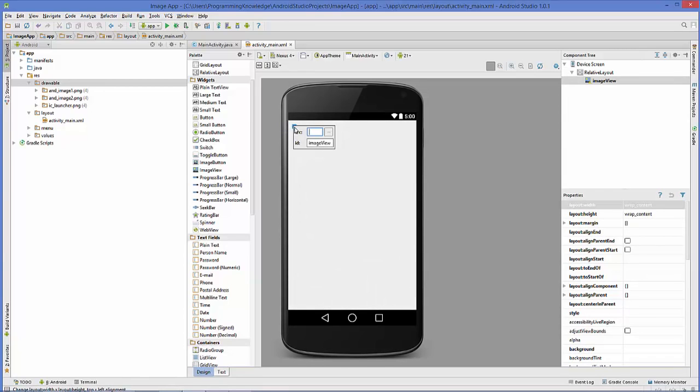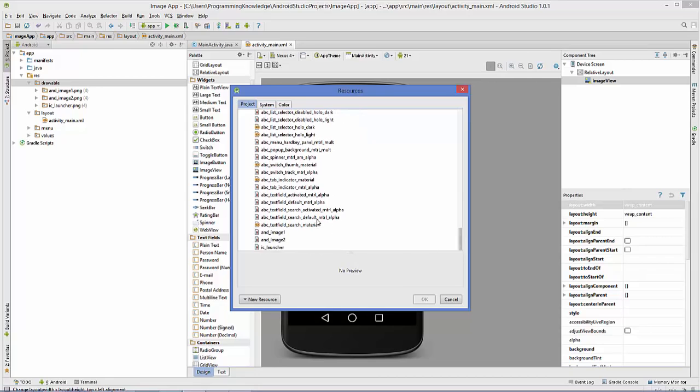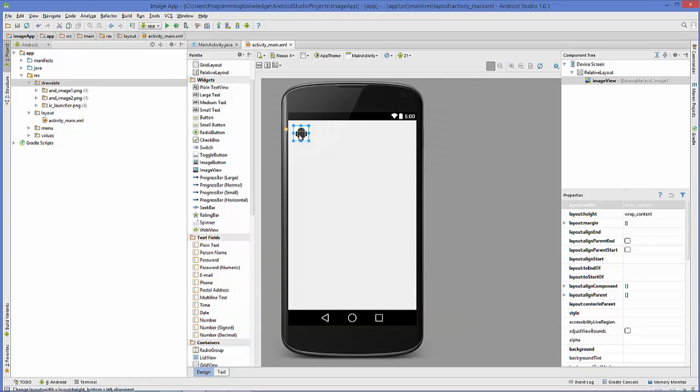Just double click this widget, and then in the source you just need to choose your source. Click this small button at the side of the source, and in here you will be able to see at the bottom your two images, image 1 and image 2. I'm going to choose the first image and click OK, and now you will be able to see